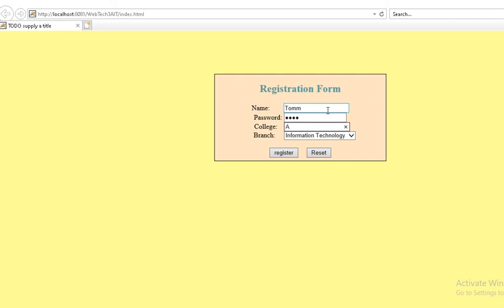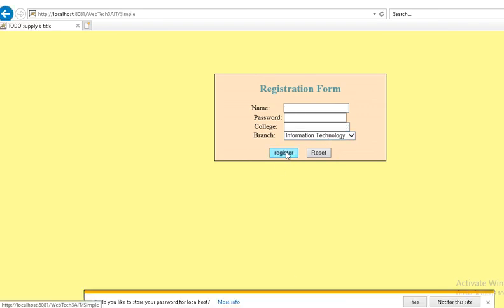The college I'm using is ABES Engineering College, and the branch I'm using is Information Technology, or you can say any. Let's take Information Technology and try to register. It reverts back because of our password length.